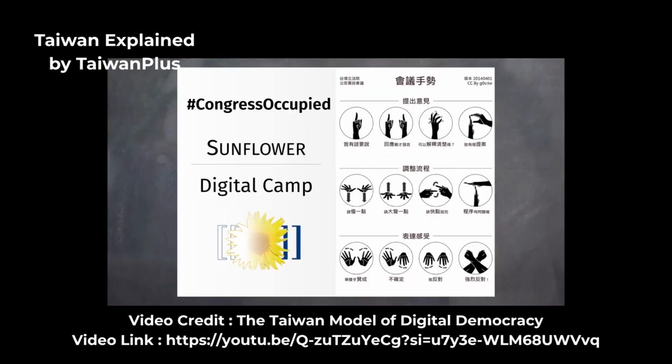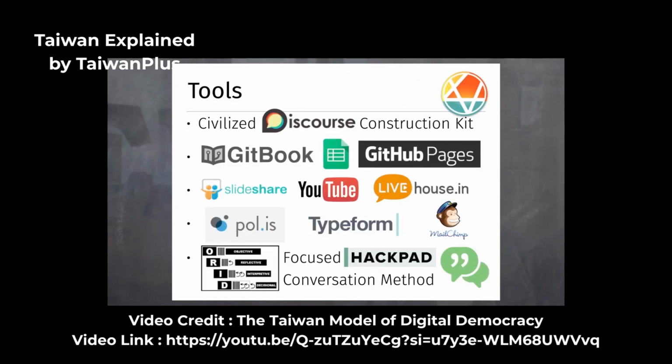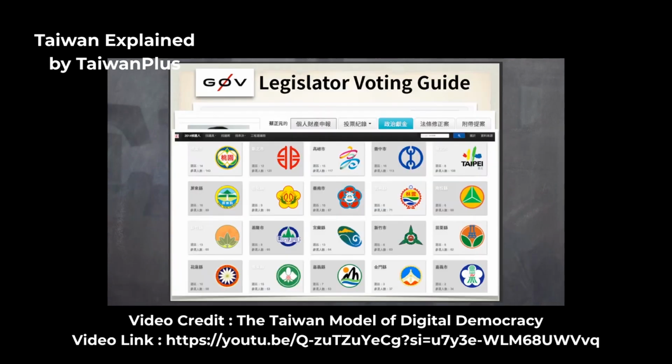Participatory democracy has been something people have wanted to do for a long time, but it's really rare that you get genuine buy-in from the government stakeholders. vTaiwan is a process for average citizens to be able to weigh in on the laws and regulations that are being passed.